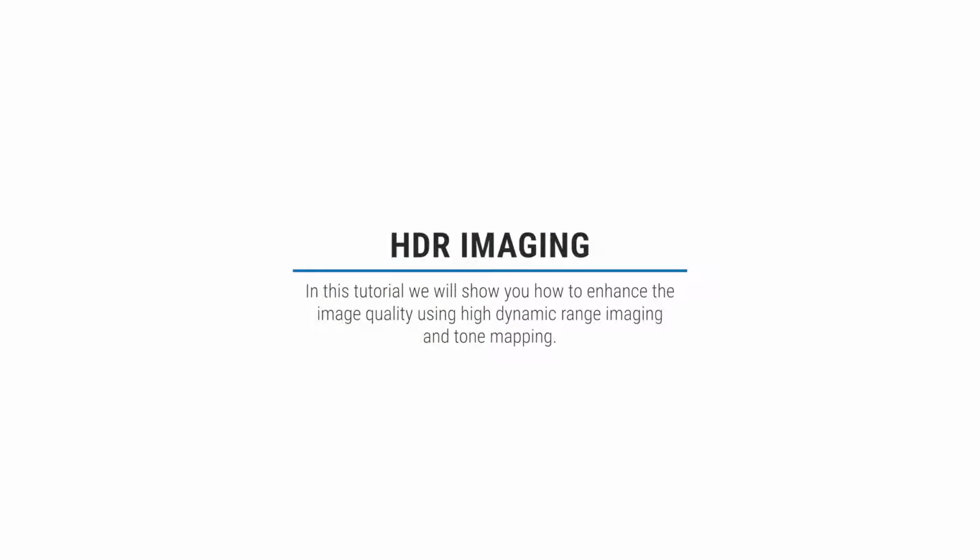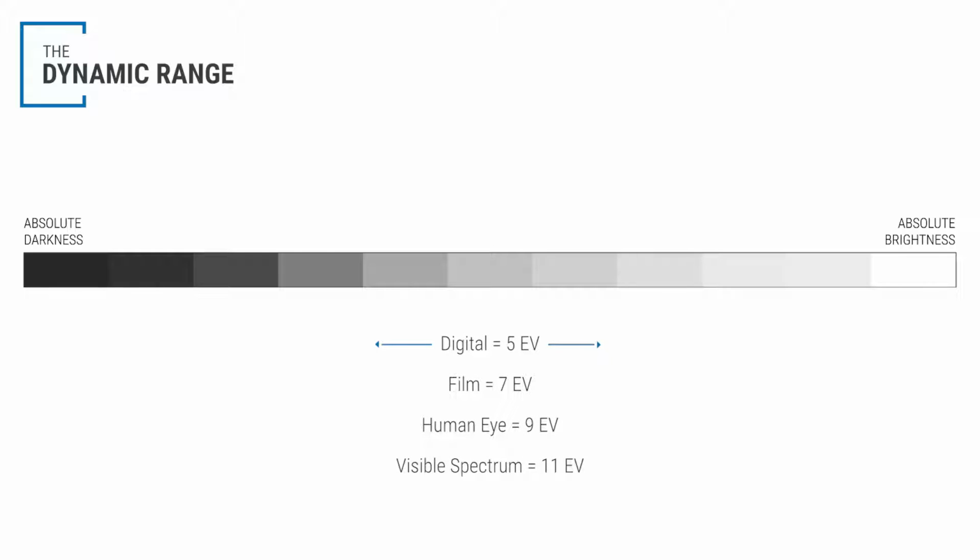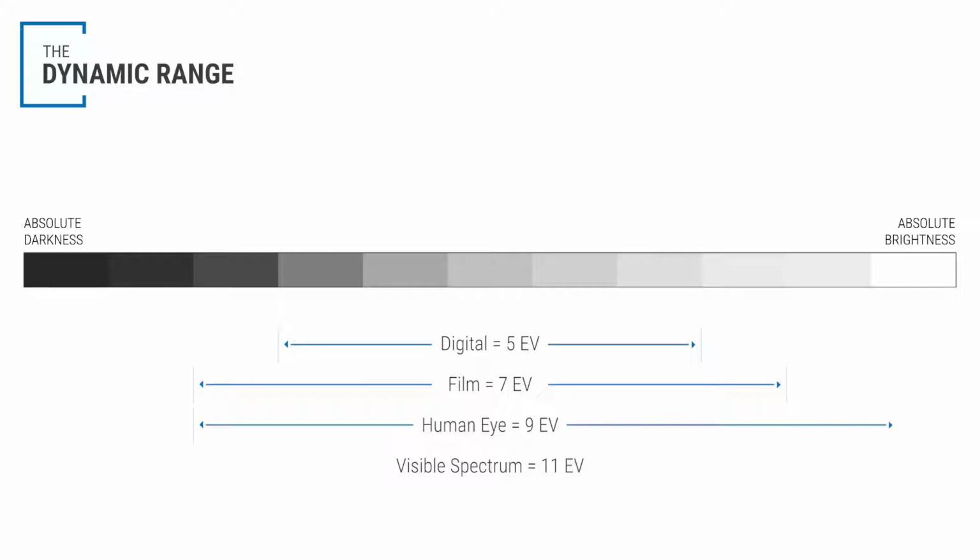HDR Imaging. In this tutorial, we will show you how to enhance the image quality using high dynamic range imaging and tone mapping. One of the key characteristics of an image sensor is its dynamic range, the ratio of the largest and the smallest number of photons in a sensor pixel, which can be converted to electrons. In terms of image quality, this describes the ratio between the brightest and darkest perceivable light conditions of the image